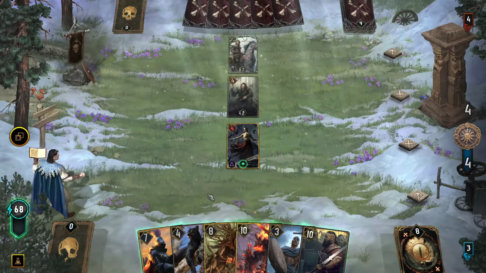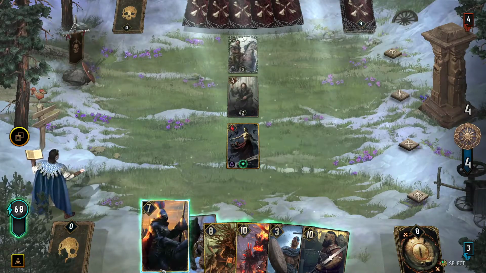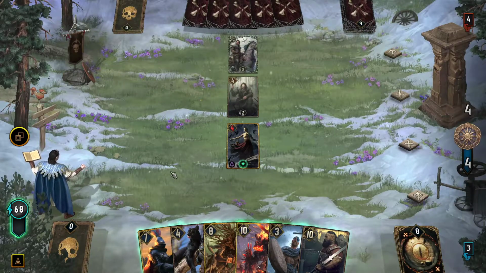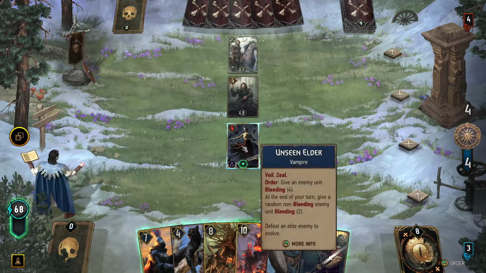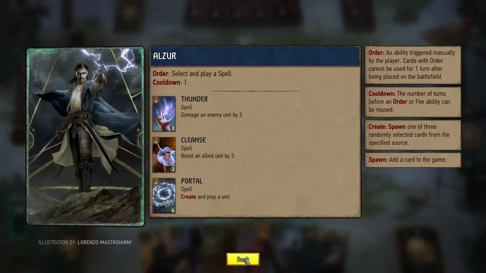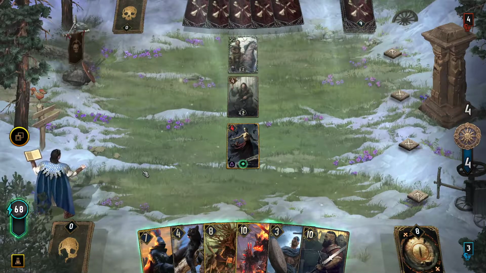But I mean, technically we could immediately Thunder, drop you down to 1, and then get death blow right off the bat. That's probably overkill. Probably don't need to rush to that. Though I am a little bit tempted to do it just because they have already done more damage to Unseen Elder than I would like. Although that might just mean we cleanse them instead. Yeah. Why don't we go...